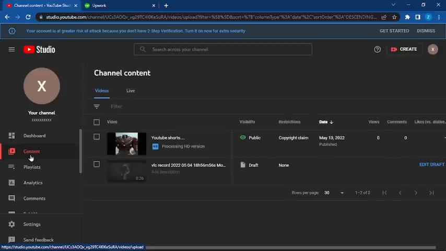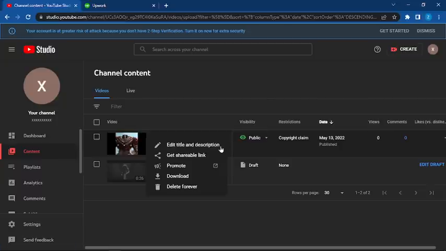Here all of the videos that you have published will be seen. This is a basic summary for your videos. Here you can see the videos. You can click on the analytics or edit button to edit the details. Here are the comments. You can view it on YouTube as well. If you want to edit the title and descriptions, you have the option here. You can get a shareable link so you can share it directly. You can promote it. You can download the video, and if you want to delete the video forever, you can